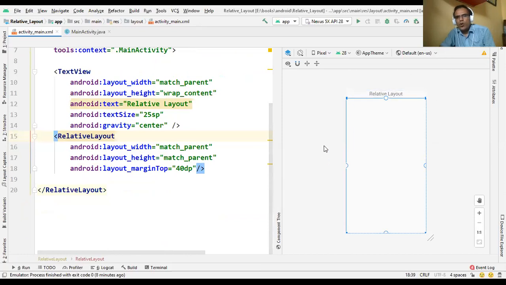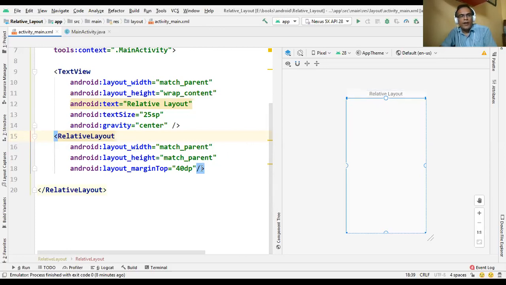Now the whole screen basically uses the relative layout, which contains two controls. The first is the text view, where you can see the relative layout text, and the second is the relative layout view group. So that is the nested layout.